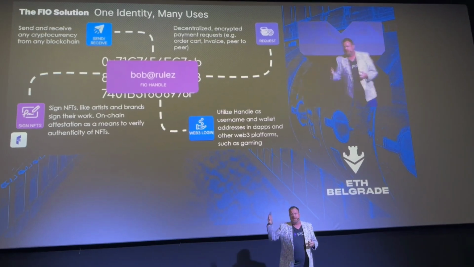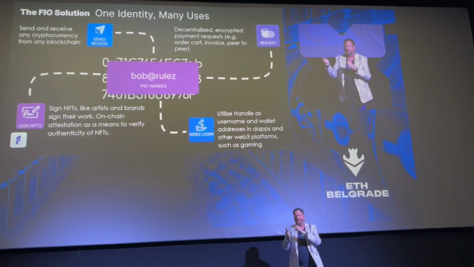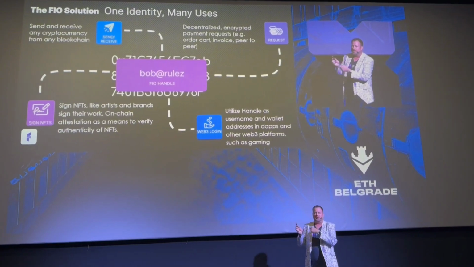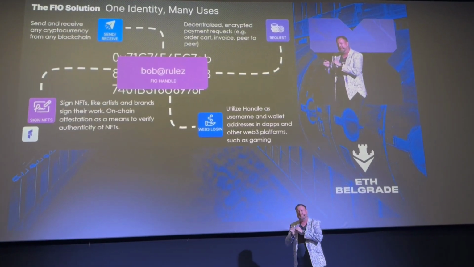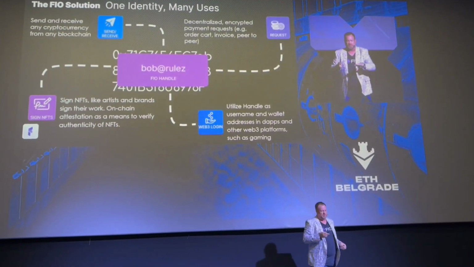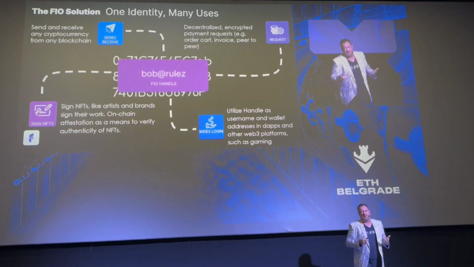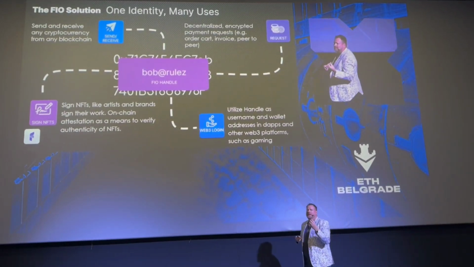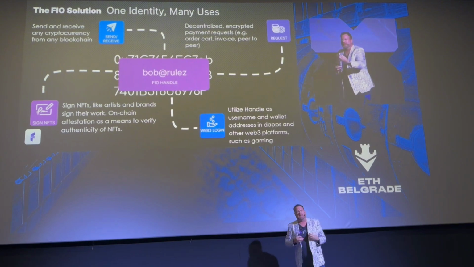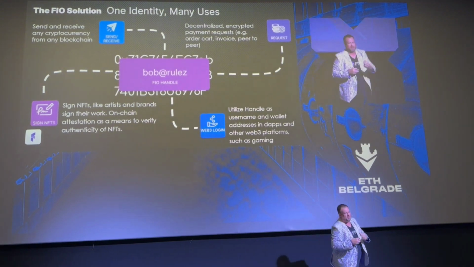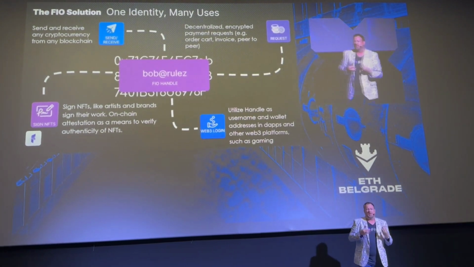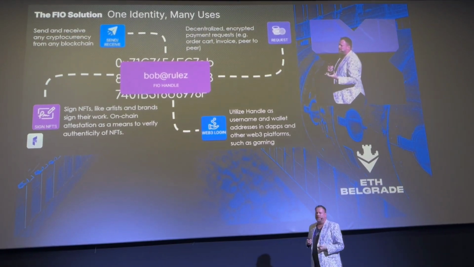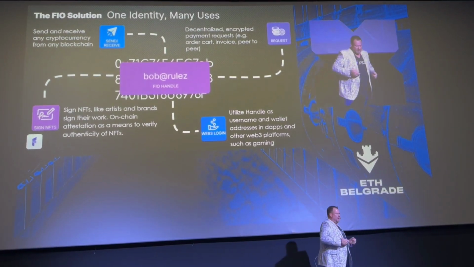And then when that end user gets the request in their wallet, depending on how that wallet integrates the protocol, all they have to do is either push a button or swipe to approve it, and that is basically signing the transaction, pushing the crypto to them. It's also privacy-based, because only you and that user can see that request, because you're sharing a private key with that one user so they can see the request on chain, and they decide to approve it. The only thing that shows up on chain is that transaction. You send Bitcoin, it's going to show up on the Bitcoin chain just like normal.